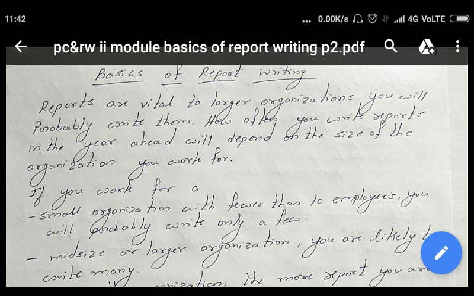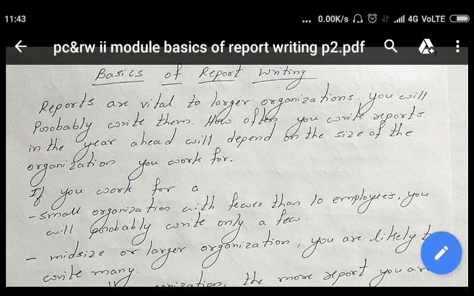Now today we are going to see the next one, that is what are the basics for writing the reports. As you know that a lot of organizations, either it may be an industry related to business, or it may be related to universities or any academic organizations, everyone is preparing reports, because reports are very important to the organizations. They provide important information.